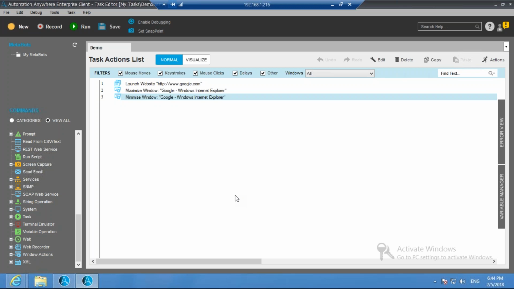So that's what I have shown you, that it's a very user friendly tool, and that is the reason why it is in the market and why the industries are running behind RPAs, because there are a lot of internal functionalities that can be used, and using those functionalities we can just run the task for us. Okay, so